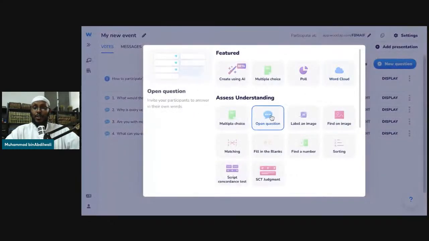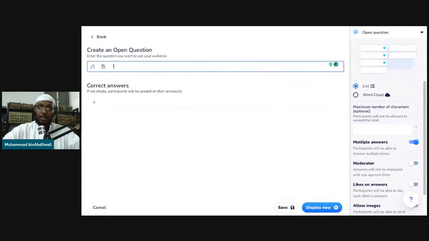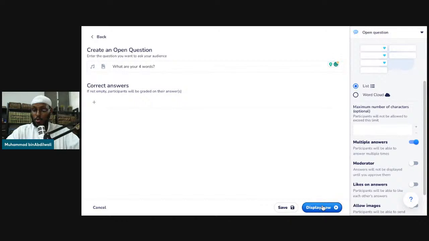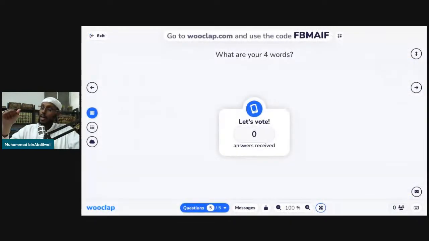We are halfway through creating a sentence. Why? Because you have your mubtada. صح? You have your mubtada. So let's say, what are your four words? As long as you stick to the rules: one personal pronoun, one demonstrative pronoun, one proper noun, and one common noun. Okay? Write them down if you want. We're gonna use them.